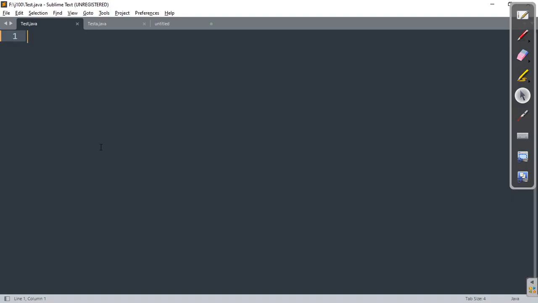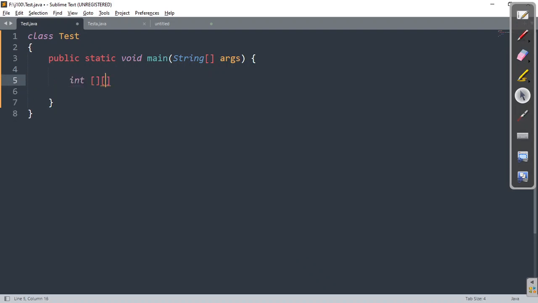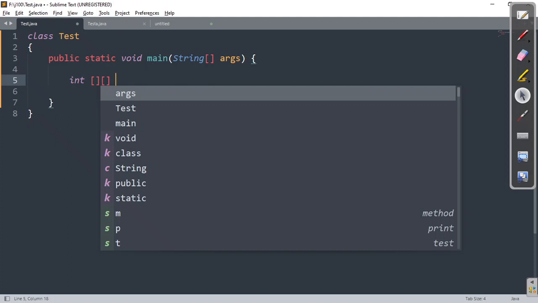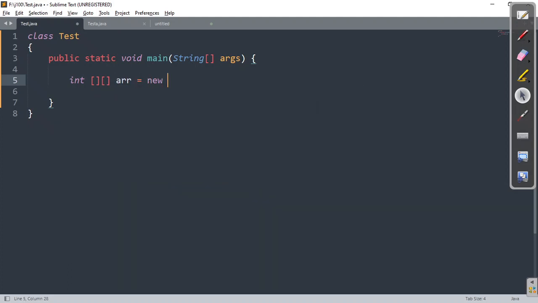Sorry. Let us go to the class Test, public static void main. This is simple, right? Let us create that one. int double, we're going for arr equals new int. We have just discussed, don't worry, we'll come to the conclusion a bit later. Now, since we are creating this, we have created an array of base 2, and the remaining one dimension arrays like that.